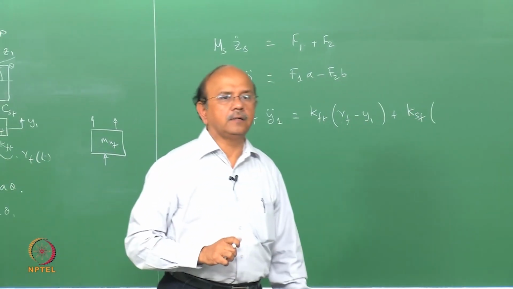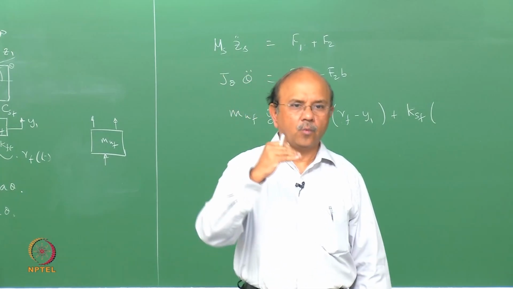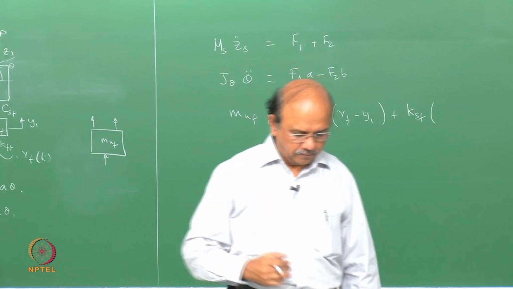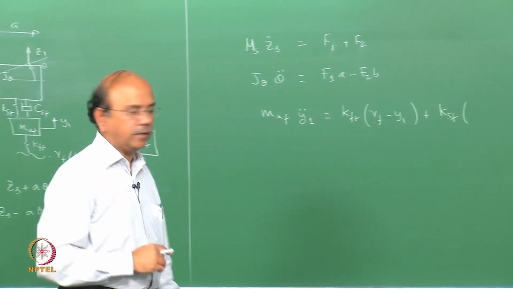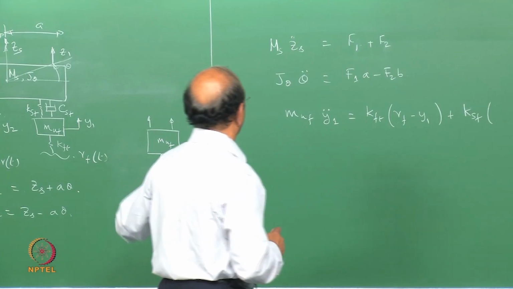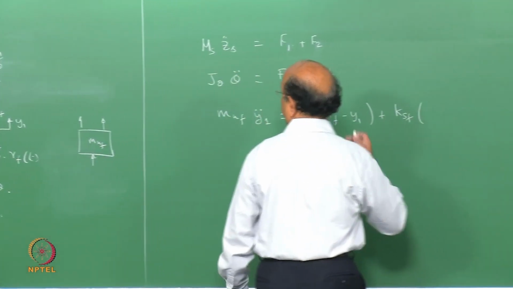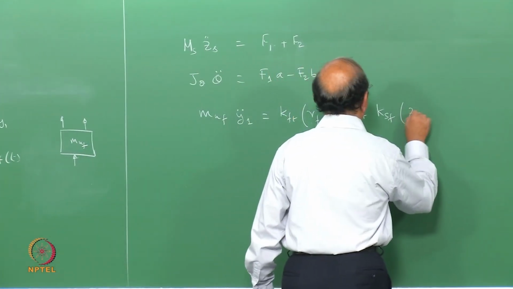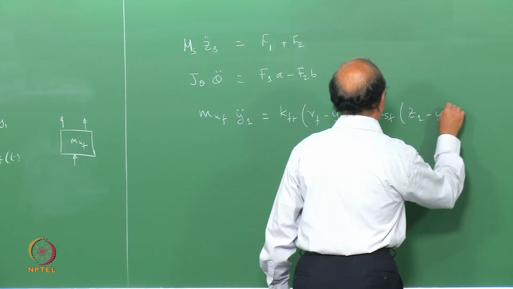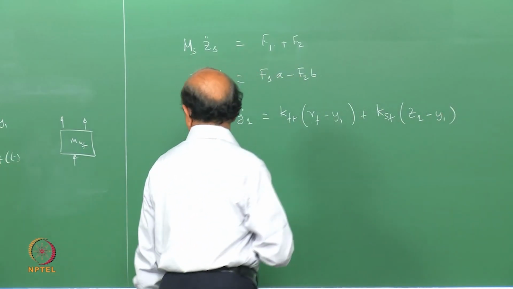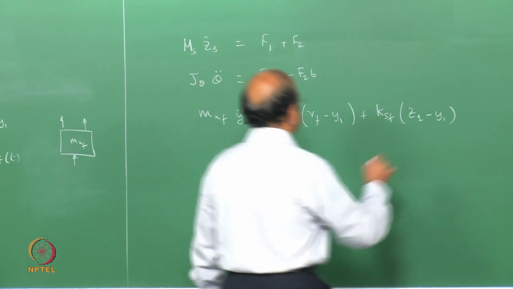So there are two things here, so Y1 and the other side is Z1. Okay, so Z1 is written in terms of, of course, I already written that. Plus